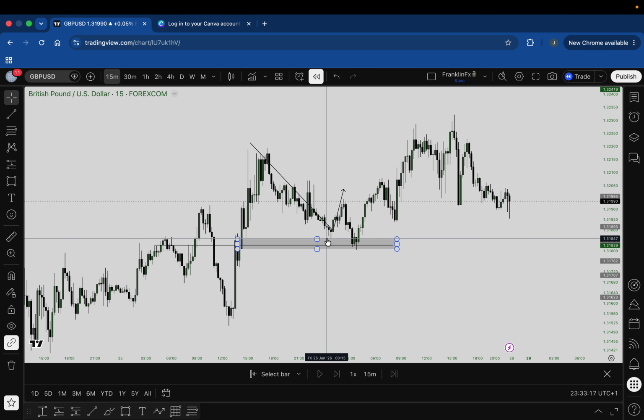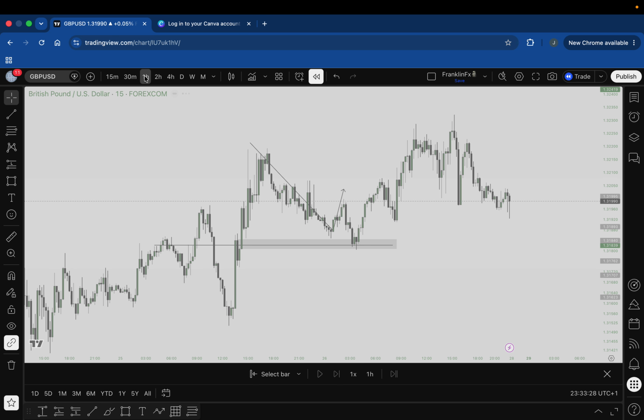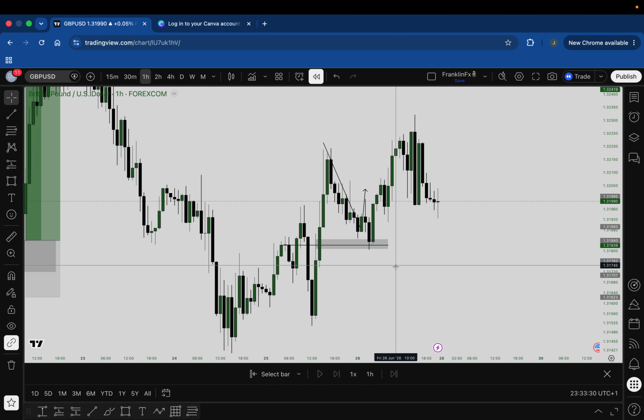This engineered liquidity is on the same line with this particular little inducement over here. It didn't cross it. It's on the same line. It's an equal line, and there's an FVG below it. You see, but I wasn't actually using the FVG. I'm using the key level, which is here on the 1 hour time frame.